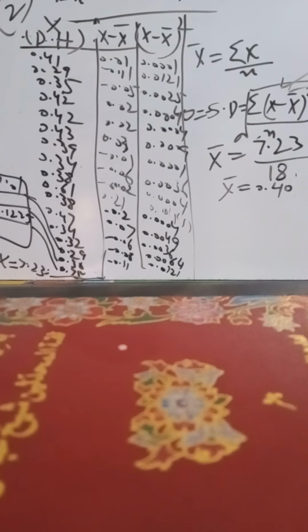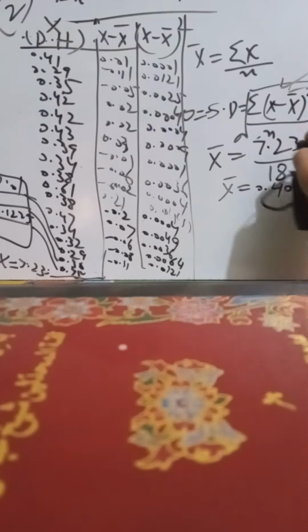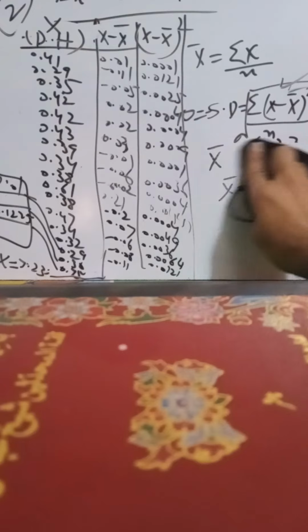Then now we have all these values to be added. Summation. So this is summation x minus x bar whole square. Now this you have already noted out, x bar was 0.4. Now what I will do, I will apply this formula. And applying the formula,